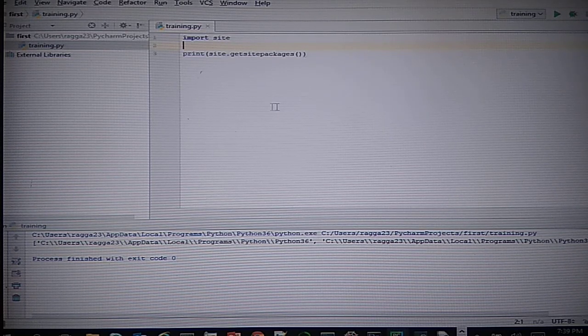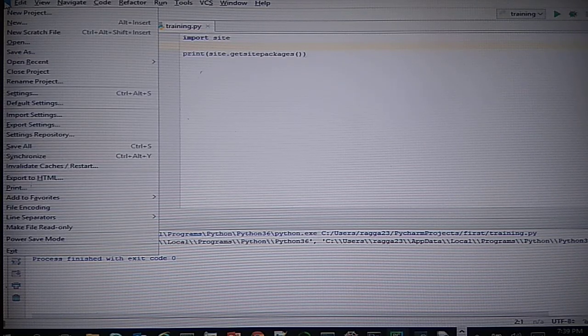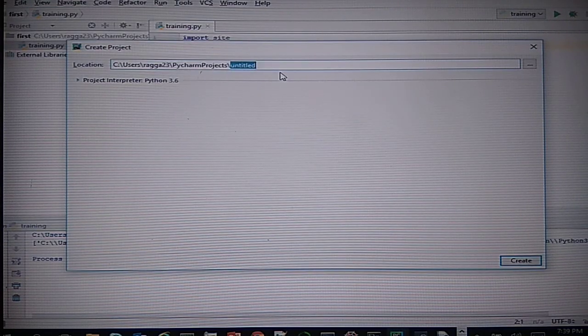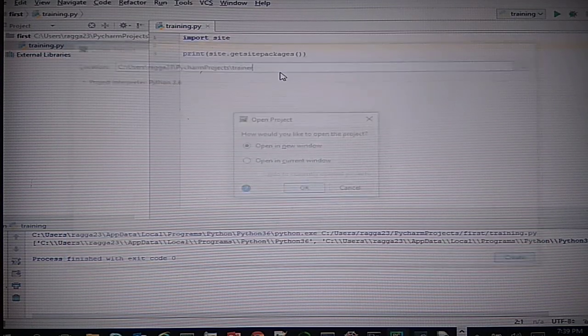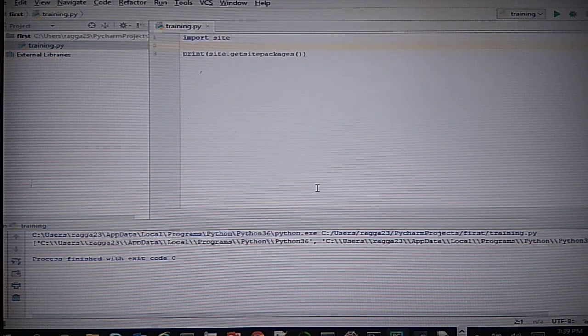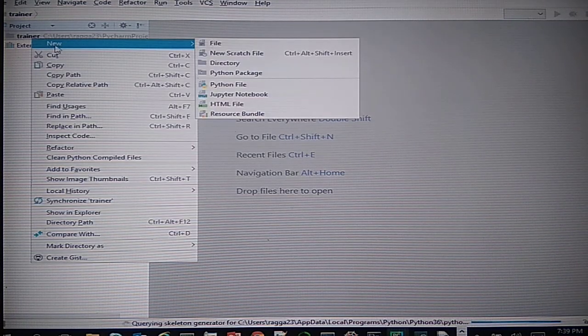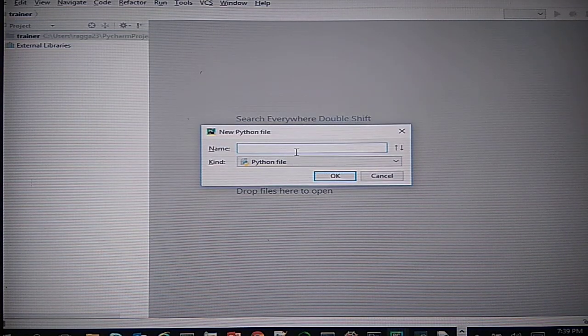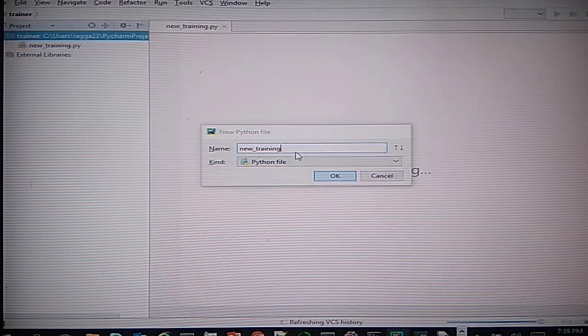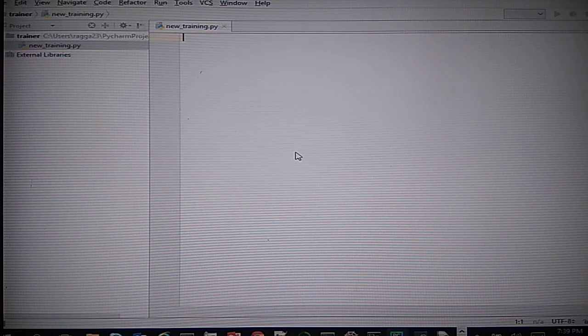To start development, you can simply click on a new project, give it a name, and this will open the new project. Now you can simply right click and select the Python file. Okay, so my .py file is ready and I can do some coding on this.